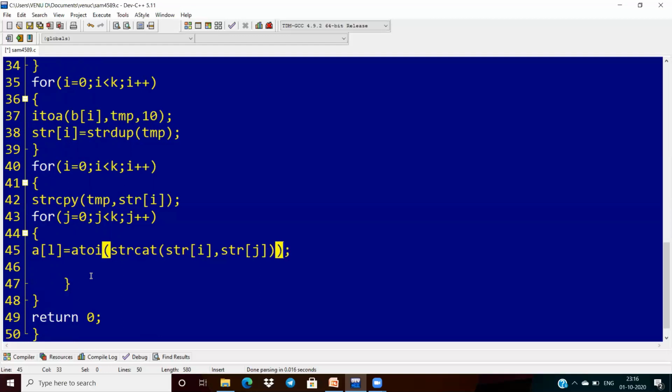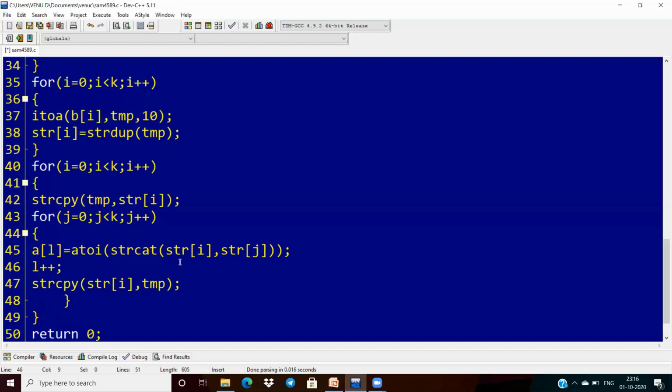Again integer type. Once conversion is over, then I'm pressing L. Now after completion of this, see, already I told, so again I have to do the modification. Same thing here. After completion of the first concatenation, again I'm storing the temp into the actual place. So that is why I'm doing this.